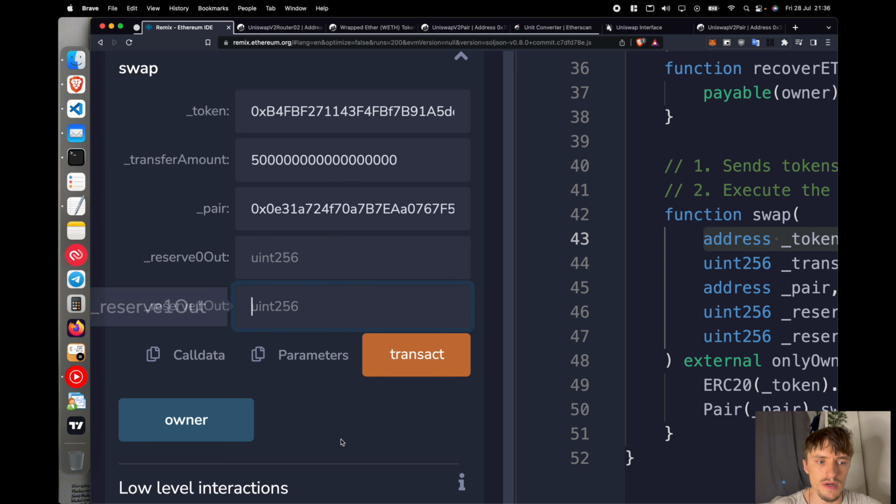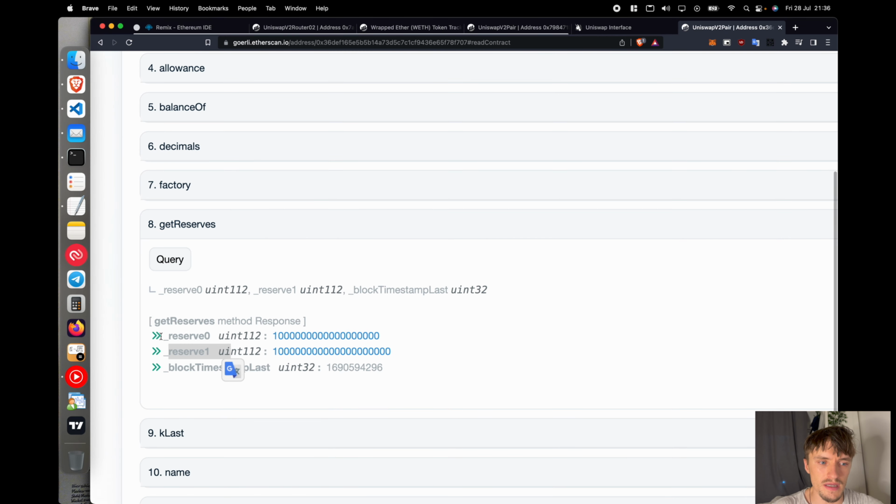Then the reserve 0 and reserve 1 out. This is where you can get a bit confused, so pay attention here. The reserve 0, as we have seen before, is the wrapped Ether. In this case, we are adding tokens to the reserve 0. We are adding half an Ether to this. So this one will be increased, which means here,